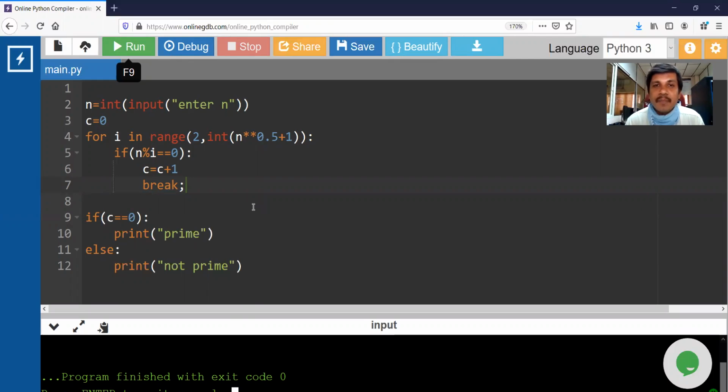Total 4 ways. I told you 4 ways. The first way, a blind logic, converting the definition into a problem. The second way is optimizing the code like half iterations. In the third way, optimizing the code further using the fundamentals of mathematics like square root of n iterations. And the fourth way, applying the logic. It has got nothing to do with mathematics. Applying the brain. The moment I get the first factor from 2 to square root of n, it says that it is not a prime number. Then I have applied that logic to the problem. And finally I am getting the answers, right?